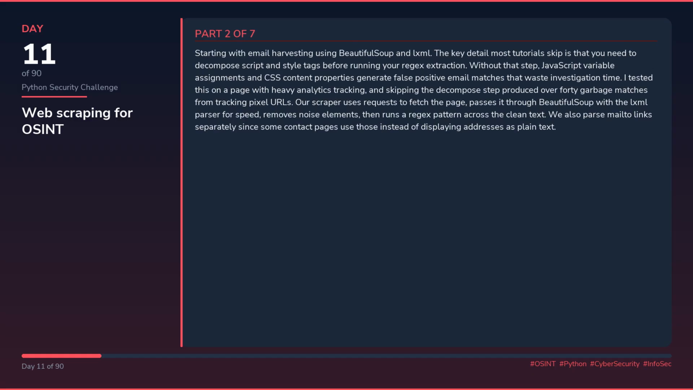Starting with email harvesting using BeautifulSoup and lxml. The key detail most tutorials skip is that you need to decompose script and style tags before running your regex extraction. Without that step, JavaScript variable assignments and CSS content properties generate false positive email matches that waste investigation time. I tested this on a page with heavy analytics tracking, and skipping the decompose step produced over 40 garbage matches